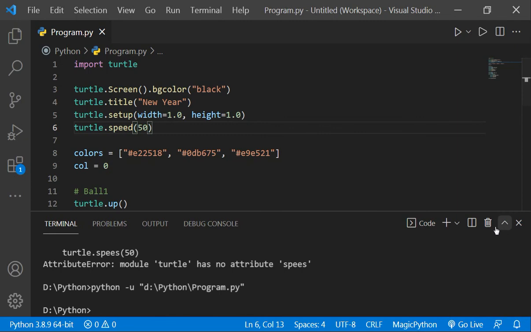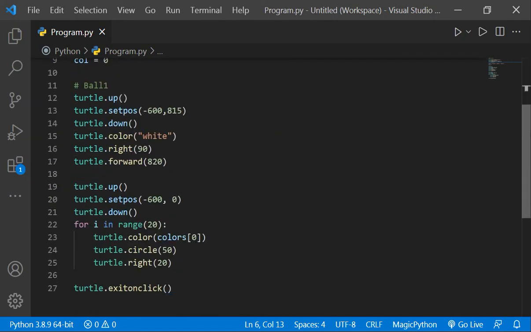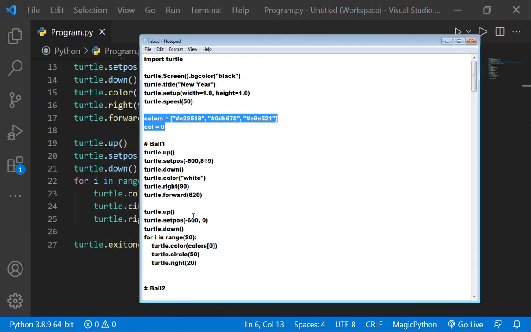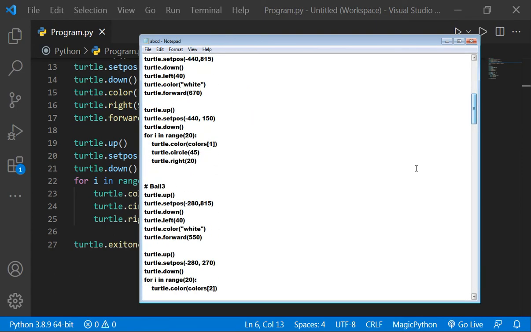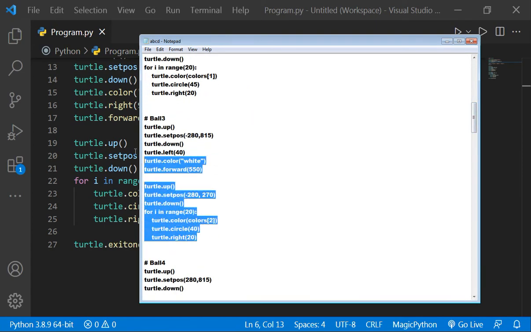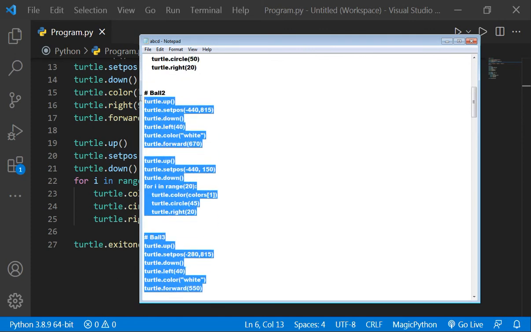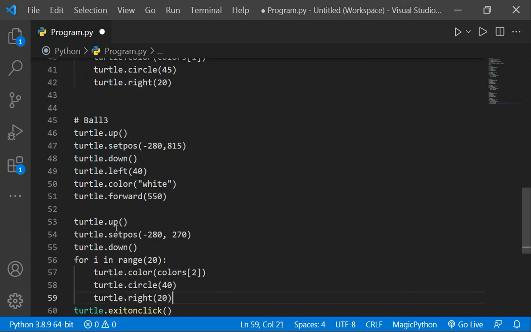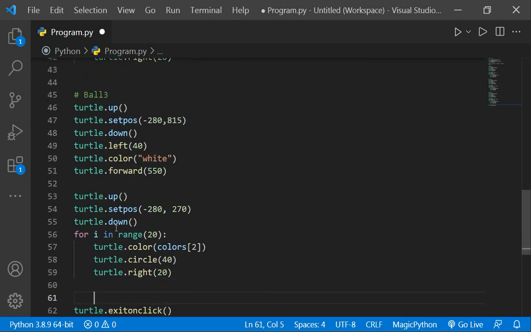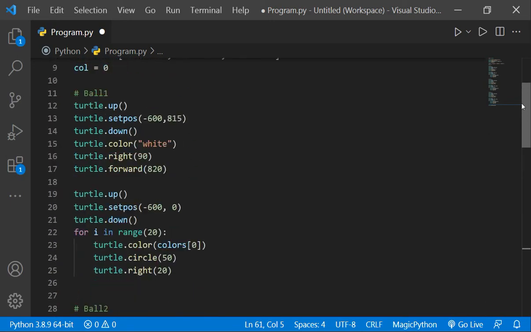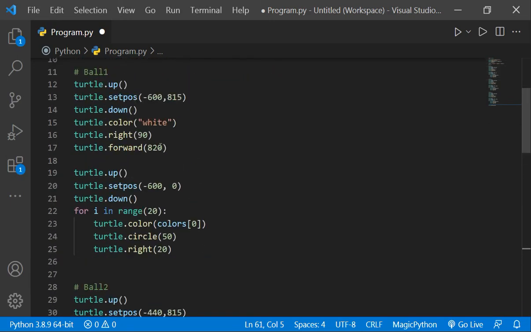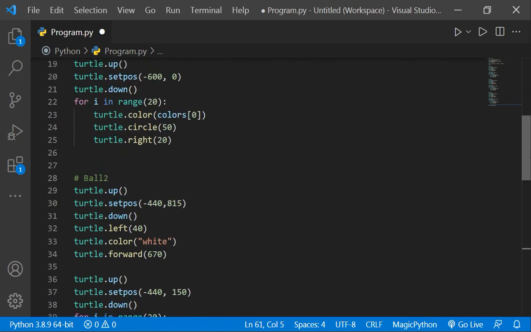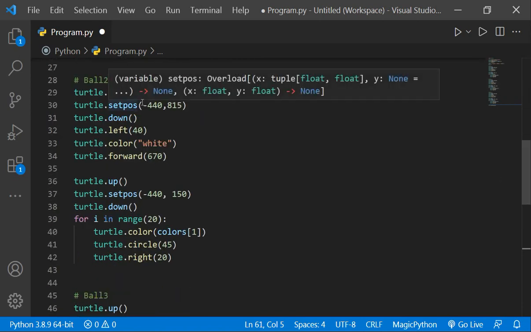I've already written the code, so I will just copy it and paste it right here and show you what it is doing. So guys, here is our ball 1 whose code I have already taught you. I have already explained this to you, and the rest two balls are just like this only. So hope you guys will get it.